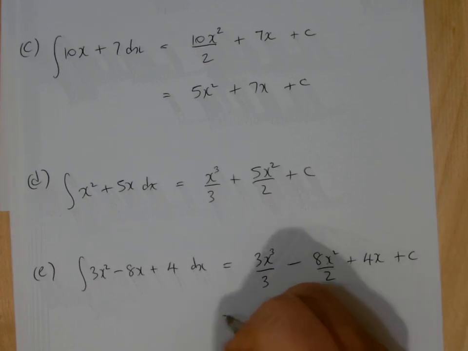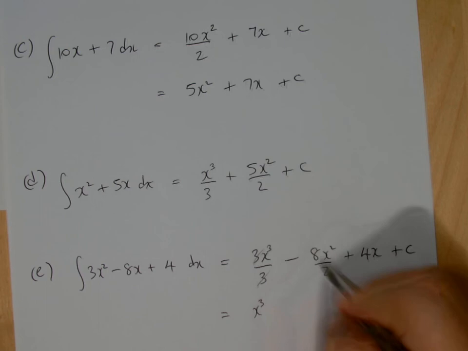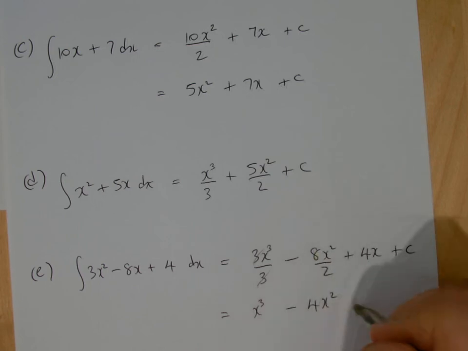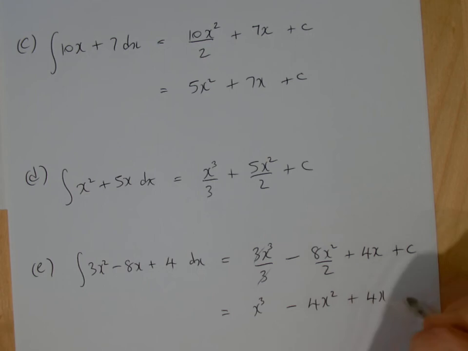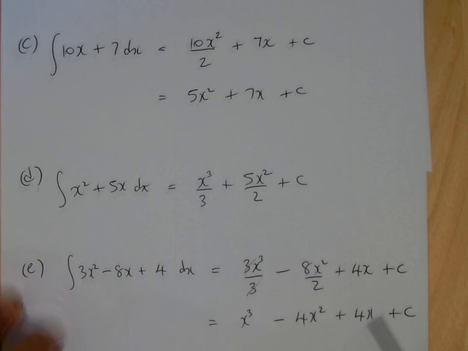So the 3's cancel, you get x cubed, 8 divided by 2 is 4, so 4x squared plus 4x plus c. And you can again differentiate, and you get 3x squared minus 8x plus 4 plus 0, which is exactly what we've got there. Right, so if you look at f,